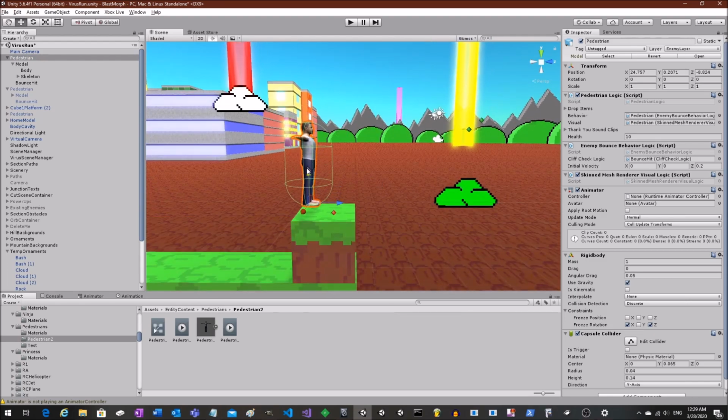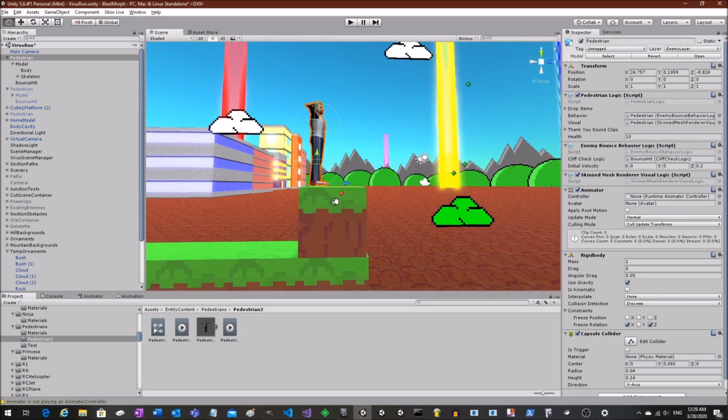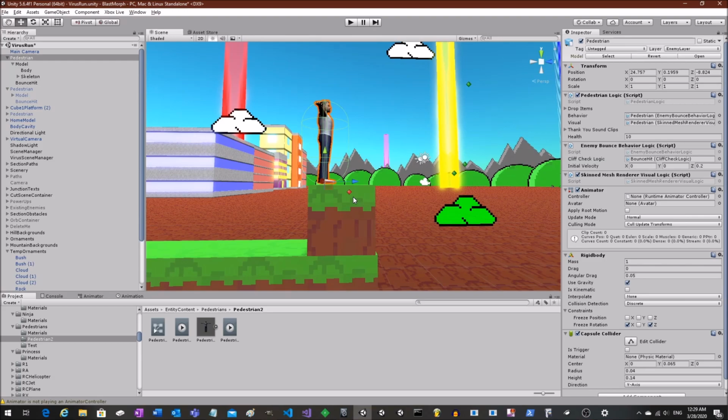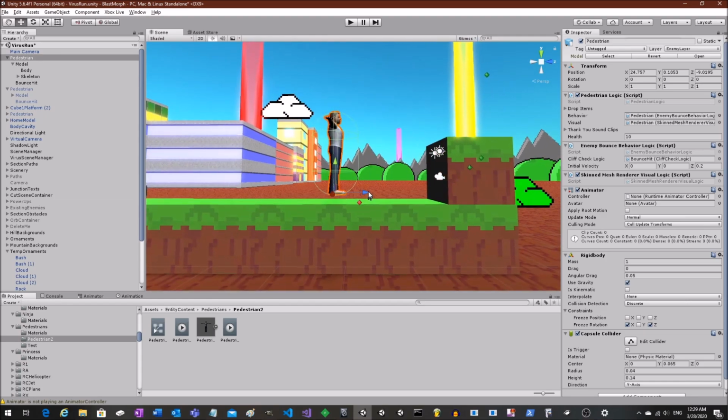So as long as this point is inside the collider for ground, it knows the player can keep walking. As soon as it emerges from something, it knows that it's at the cliff and the player should start moving in the other direction. We can use something similar for